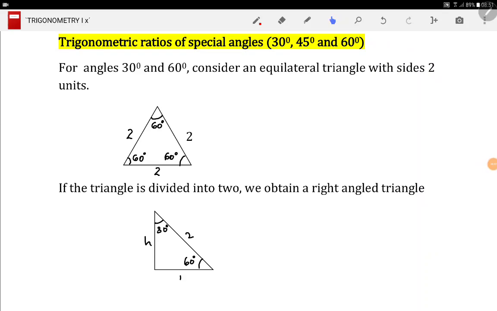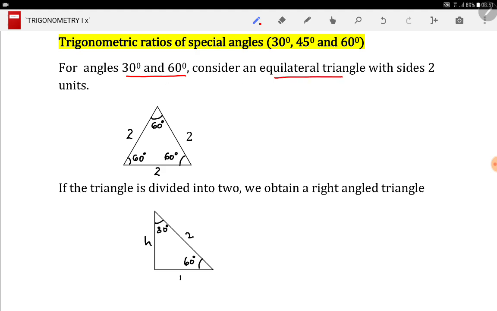Trigonometric ratios of special angles, that is 30 degrees, 45 degrees, and 60 degrees. Now, these three angles are special angles, and we can get their trigonometric ratios from triangles with special features. Now, for angles 30 and 60, consider an equilateral triangle with